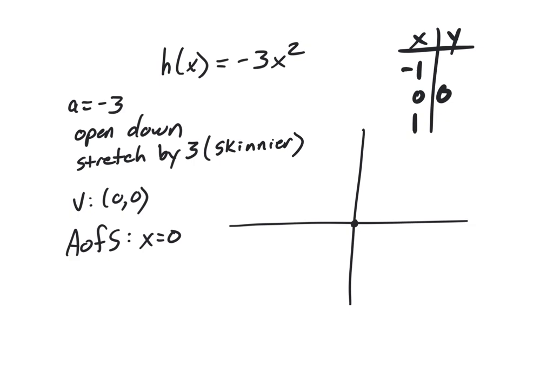You can do this in your calculator, okay? I don't have a problem with that one bit. You can go to your calculator, you can type in -3x², you can go to your table, and you can generate the points that way. But I want you to generate some points one way or another, okay? Just so we know kind of where this is going to be. And so if I were to plug in -1 here, or a +1,